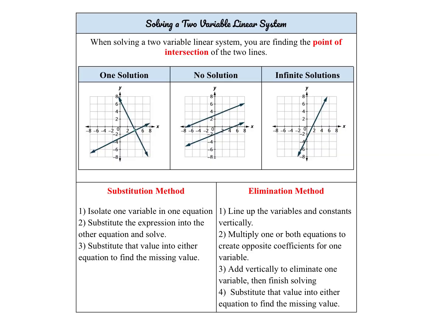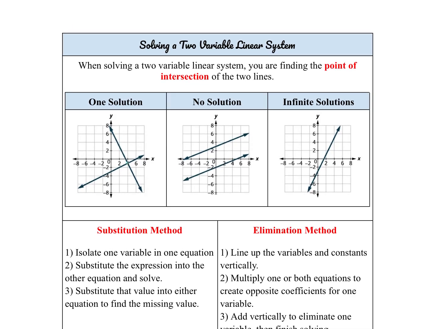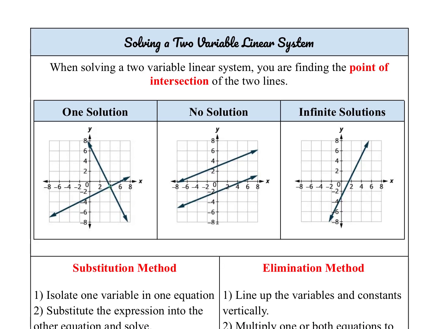All right, so the last thing we're going to review today is how to solve a system of equations. So that's where we're actually going to be solving for two variables, for both x and y. And to solve for two variables, we need two equations. So essentially what's happening is we're given two linear equations and we're really trying to find the point of intersection,